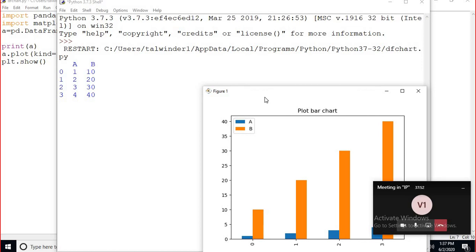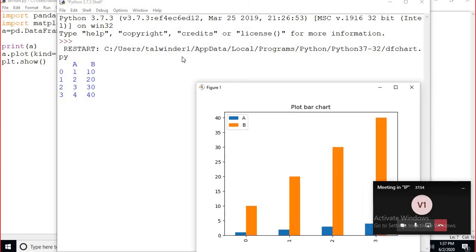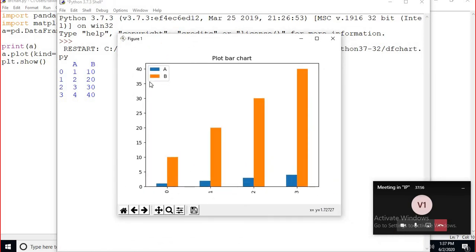See, now this blue one is A1 and the orange one is for the B1. Okay, this A one, two, three. So you see the bar point is clear to you. Same way for B1. Okay. Clear? The rest is similar to that.